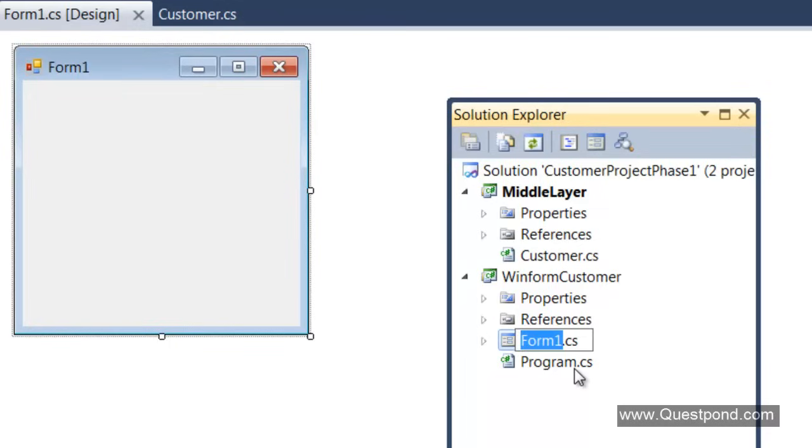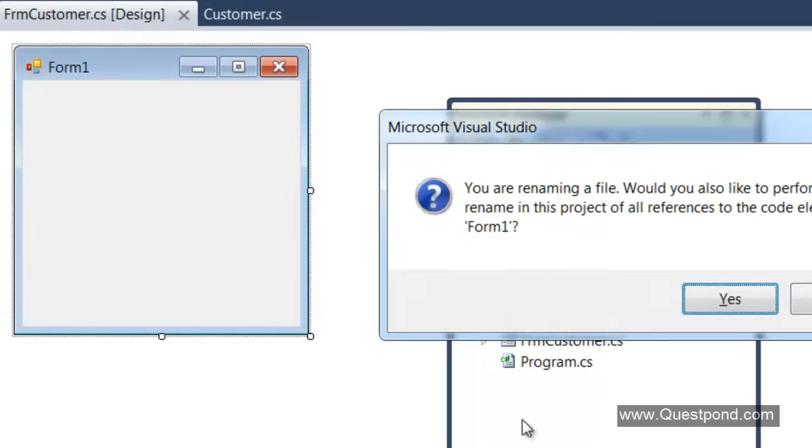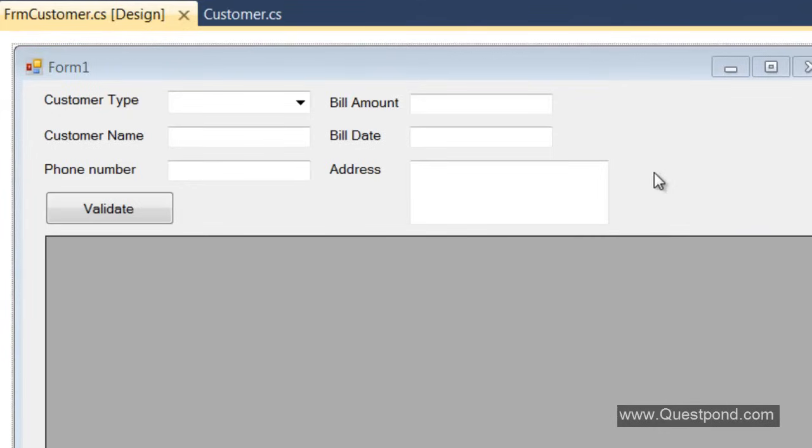At this moment the UI is irrelevant, because I just want to ensure that my middle layer and my data access layer are properly reusable, right? But I do need a UI to test it, right? So I'm taking the WinForm, but feel free to use other user interfaces like ASP.NET, WebForm, or maybe console applications, etc. So I'll say here frmCustomer, and on this form, you can see I have put all the necessary user interface, which will help us to fill data into our domain object or into our customer class, right?